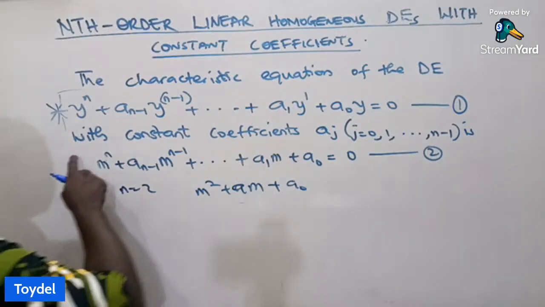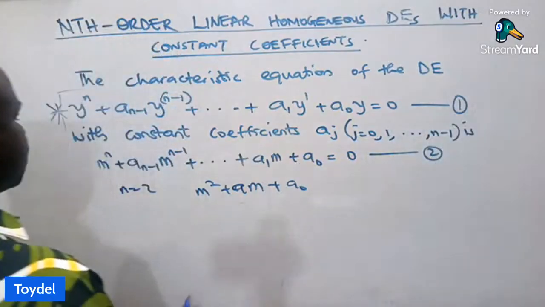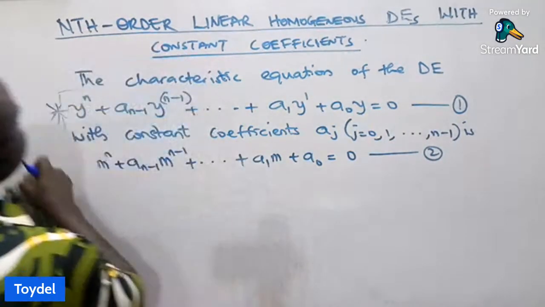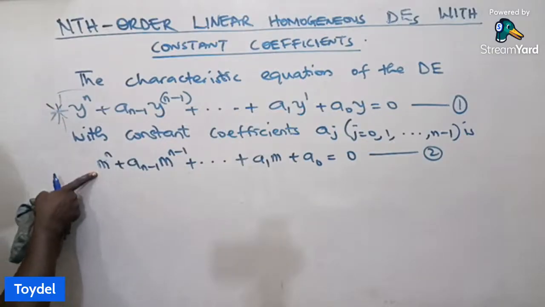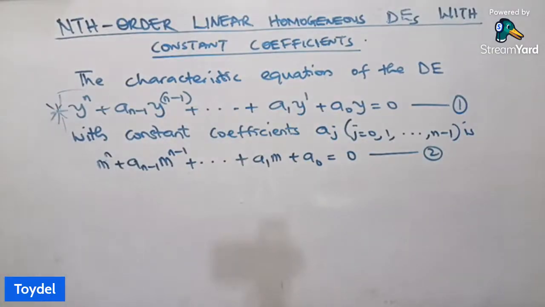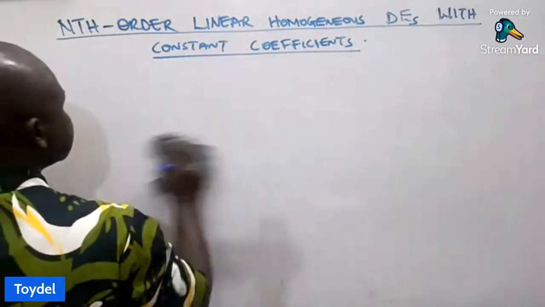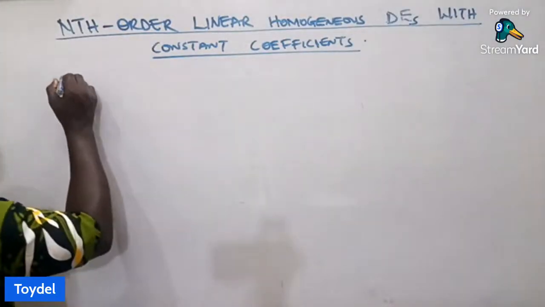So these are the coefficients a_j, where j is equal to 0, 1, 2, up to n minus 1. Then, if this is the general form of an nth order differential equation, this will represent the characteristic equation, or what is called the auxiliary equation. So I want us to take two examples under this nth order linear homogeneous differential equations. We start with the first example. Example one,